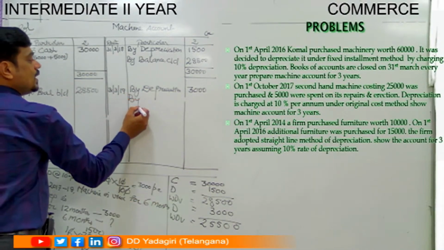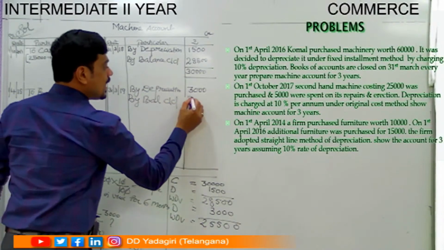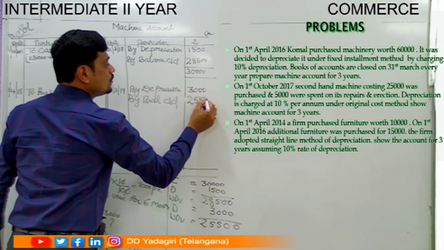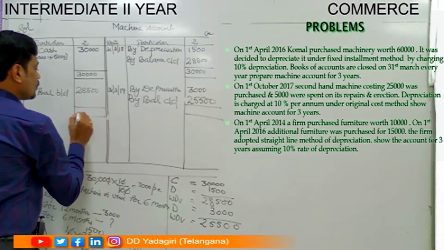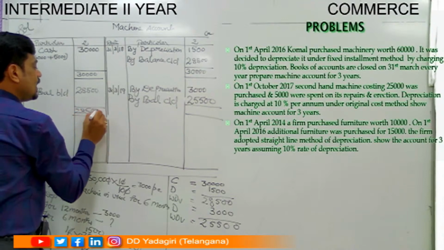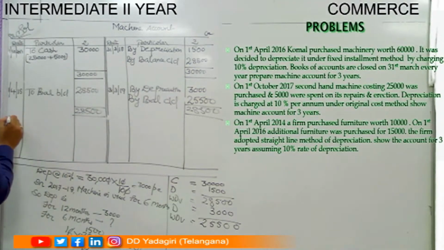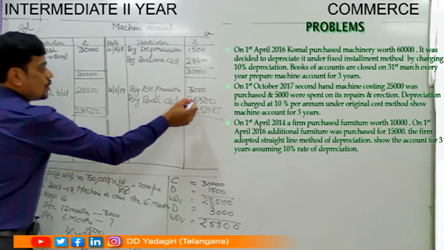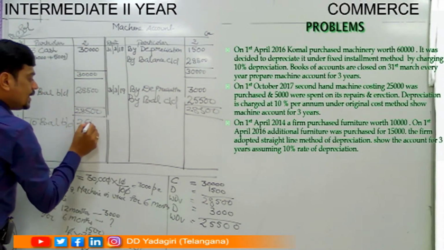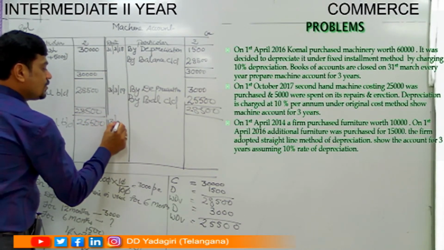So by balance carried down. How much is the written down value? 25,500. Close the account with a total of 28,500. 28,500. So we are in third year. 1st April 2019. To balance brought down. How much is the balance brought down? 25,500. Again, 31st March